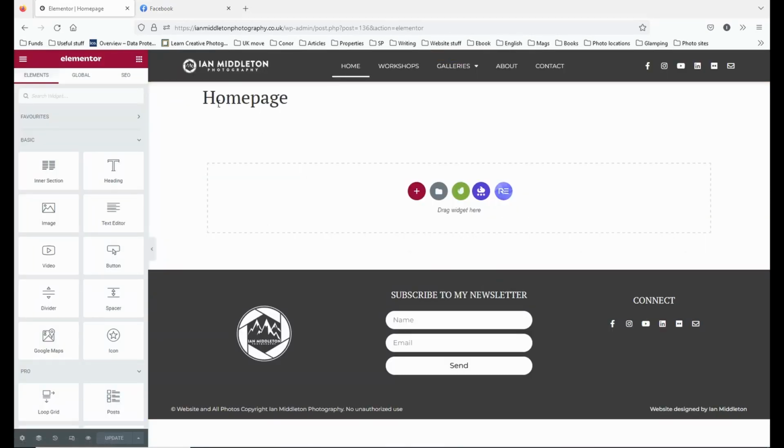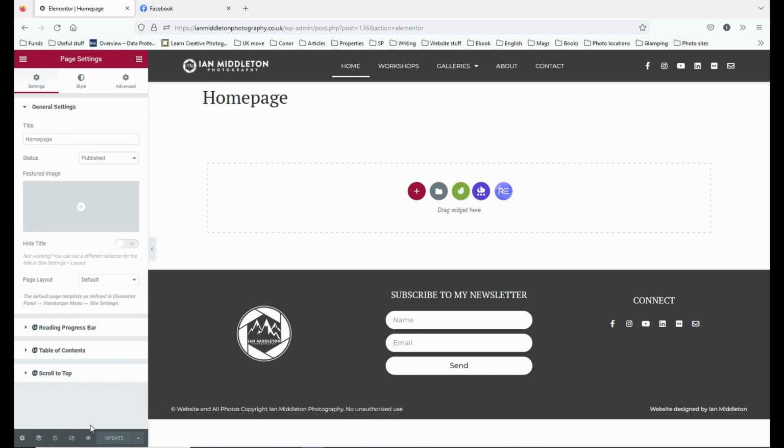So to start your page, by default it usually opens up with the name of the page. So the name of the page here is home page, and it shows up here. If you want to get rid of that, then what you can do is come down here to Settings, and here you've got Page Layout. Default will be the default layout of your theme. So if you're not using the Elementor Hello theme, if you're using another theme, then that theme will have its default page layout, and it will use that. In this case, because I've got the Elementor Hello theme, it's using the default Elementor layout page, which you can